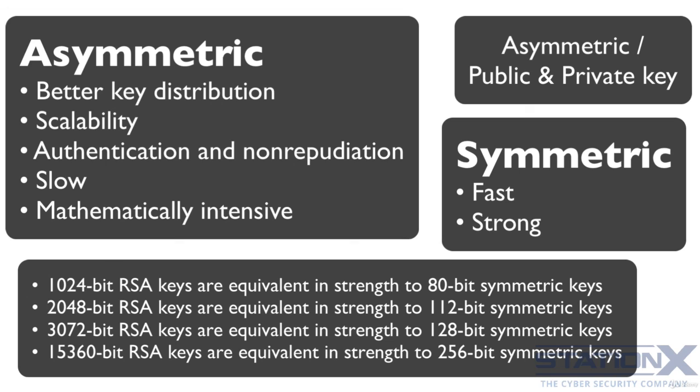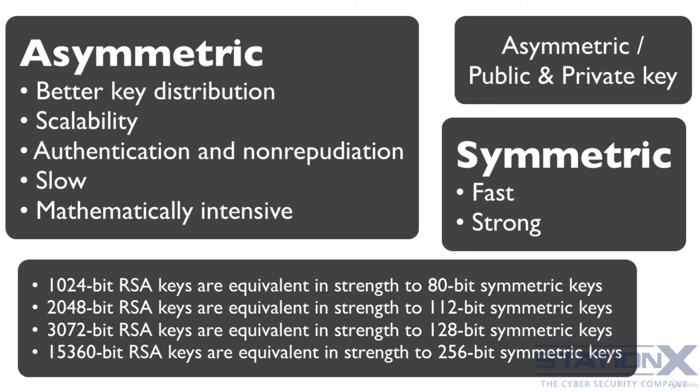And this is an indicator of how much slower they are. It's back to the analogy of the number of locks on the door. With public and private key, there are many more locks on the door, so it takes much longer to encrypt and decrypt. So it's mathematically intensive for the CPU,